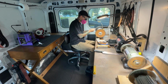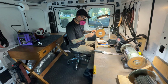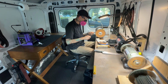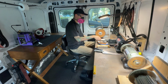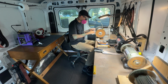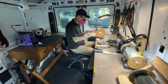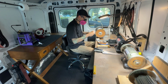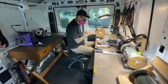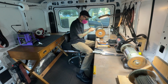So now I'm on to deburring all the knives. I have my workflow set up so that this is always the last step for everything. So in this case, I have straight edge knives and serrated knives. I want to have them all ready for deburring in one big pile, and then I can spend the last part of this stop just sitting comfortably at this deburring machine and going through all the knives like that. So this is an 8-inch bench grinder, which also has the motor flipped around, so it's edge trailing,